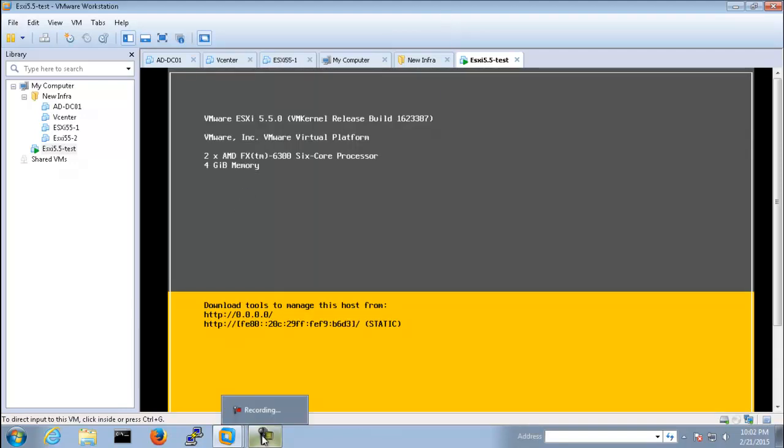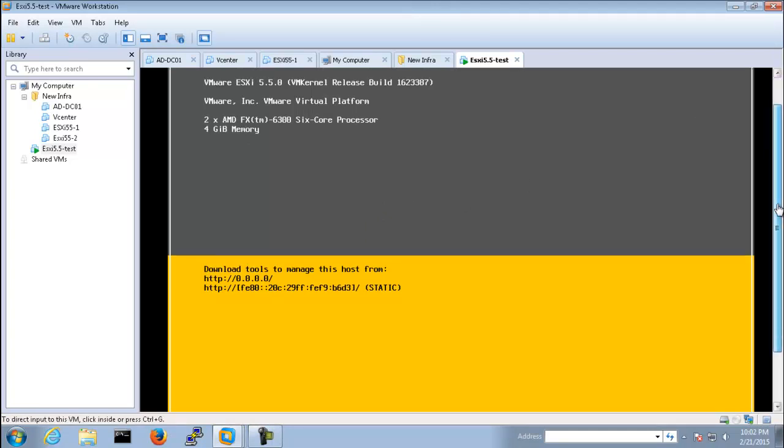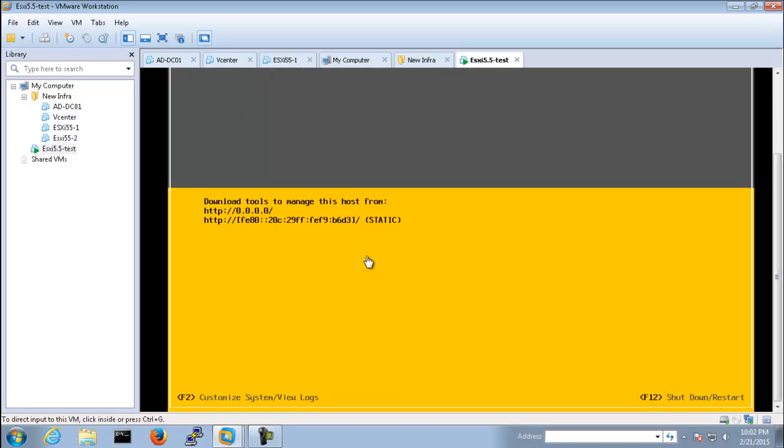Alright, our server is already up and this is the initial screen. They call it DCUI, direct console user interface, where you will do the basic configuration for your ESXi host. What is the basic configuration? We have already done it in our previous video. So in order to do the basic configuration, you need to configure the IP, DNS and the host name, and if you want this server to be accessed through SSH or PuTTY, you do all those kinds of information for management. So right now, since we don't have any DHCP server in our home lab,